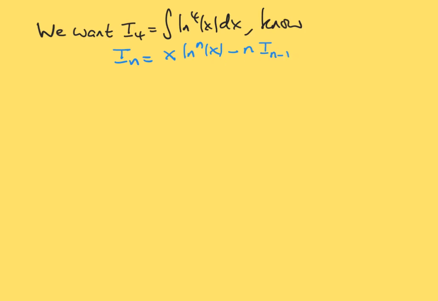So I4 is equal to, and now we're just going to rewrite this equation using n equals 4. So it's x times log of x to the power of 4, so it is x log to the power of 4 of x minus 4, because that's what n is equal